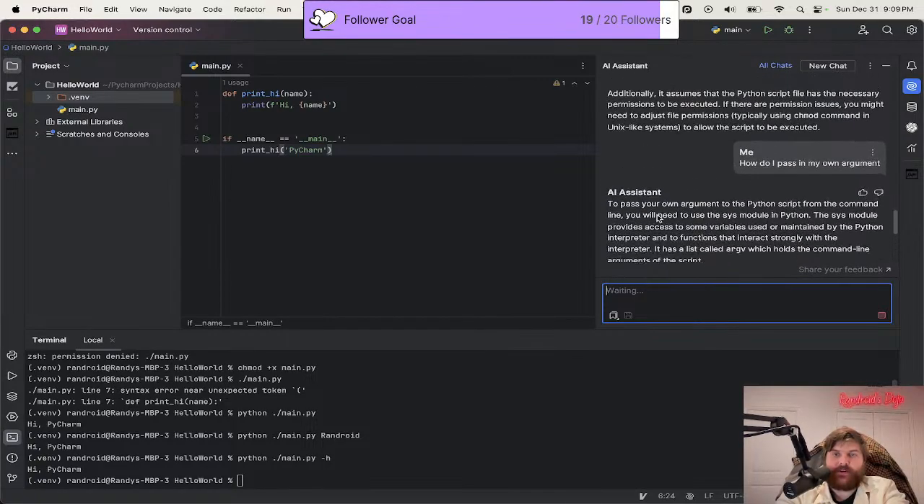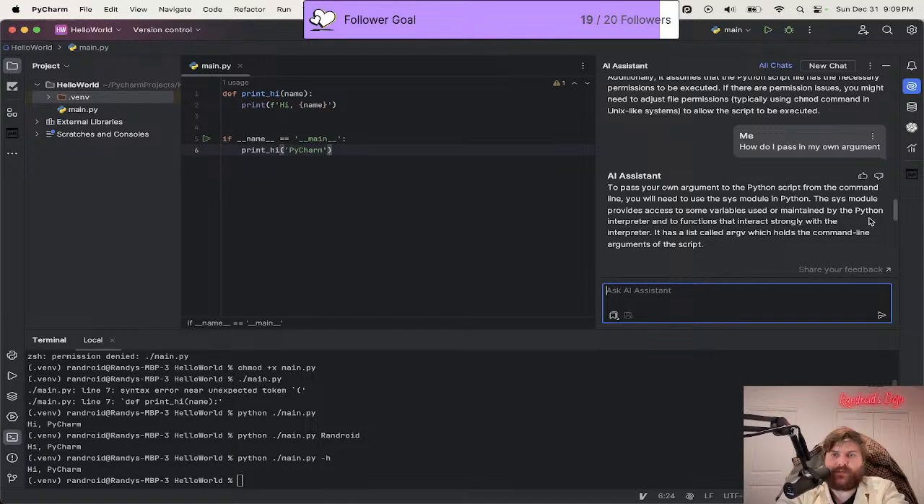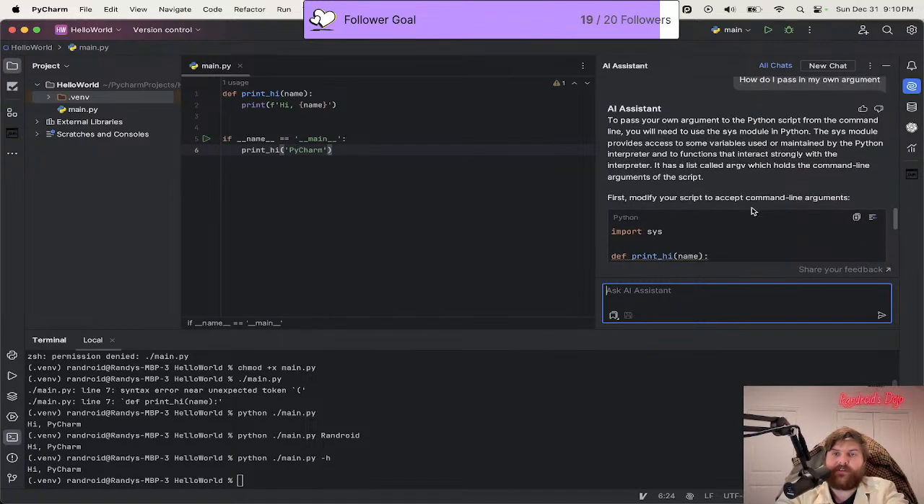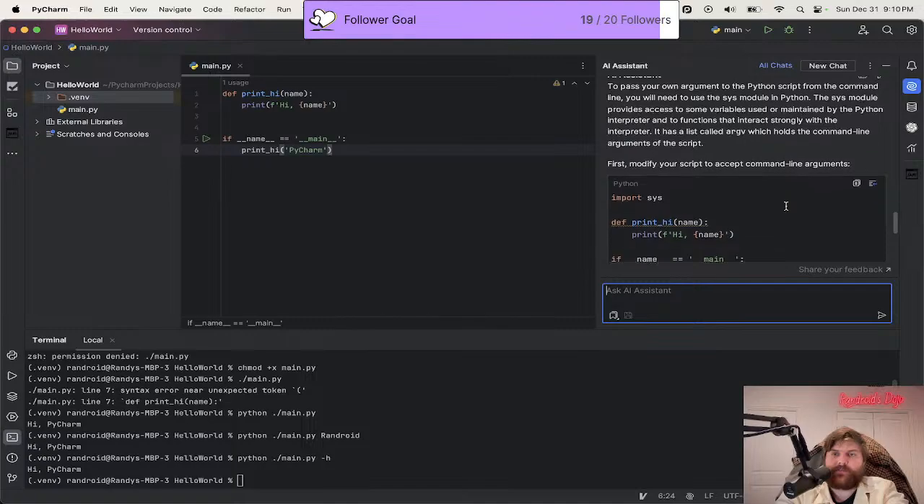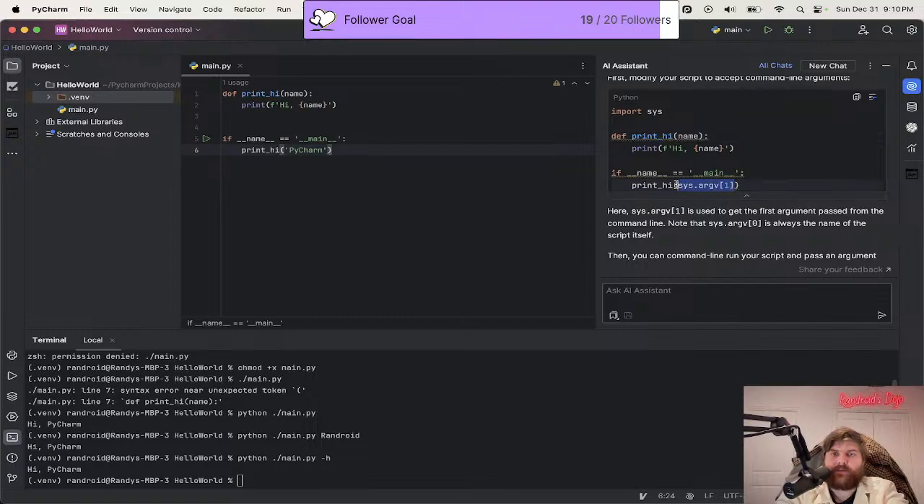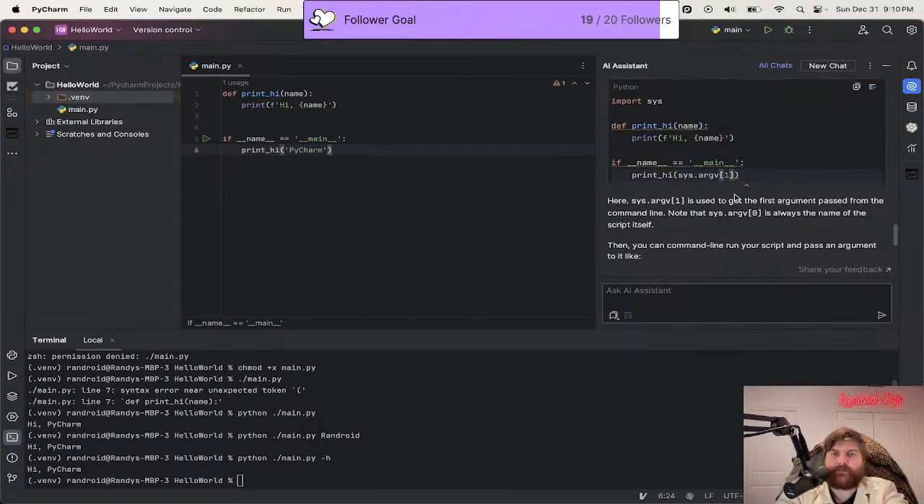All right, so we got to change the code to do that. To pass in your own argument to the Python script from the command line, you will need to use the sys module in Python. This module provides access to some variables used or maintained by the Python interpreter and to functions that interact strongly with the interpreter. It has a list called argv, which holds the command line arguments of the script. First, modify your script to accept command line arguments. So they're importing sys,